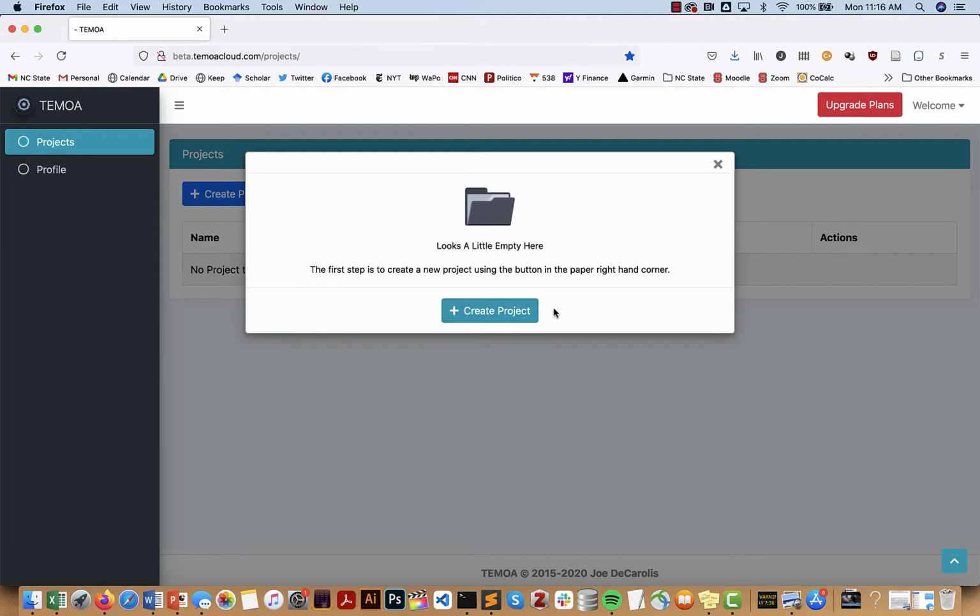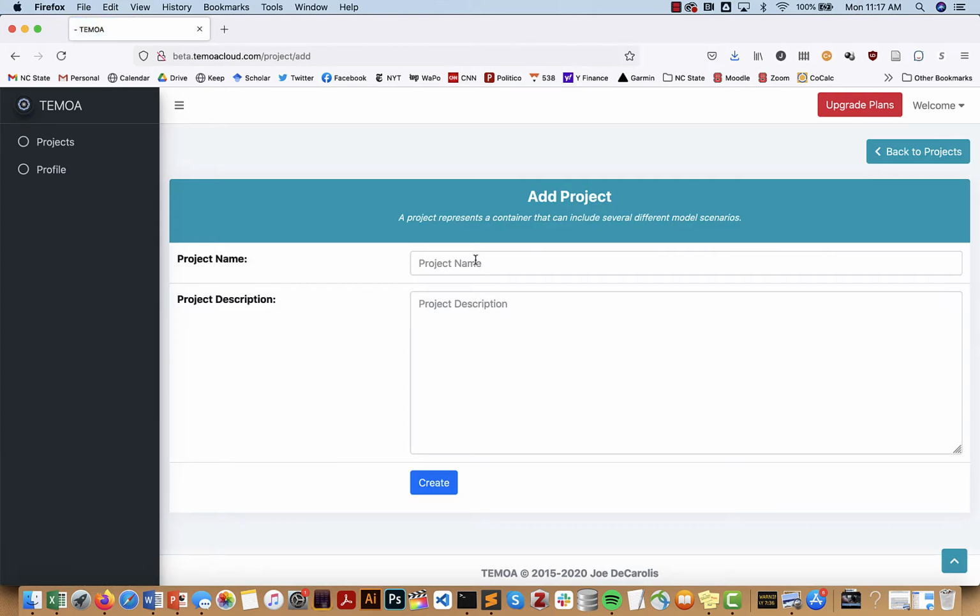And the way to think of a project is a set of runs that are focused on a particular system. So for example, if I'm modeling the entire US, then I'm going to create a project that's focused on the US, working with that database, and then I can create a number of scenarios under this project. So I'm going to go ahead and create the project, and I'm just going to call it Temoa Test System,